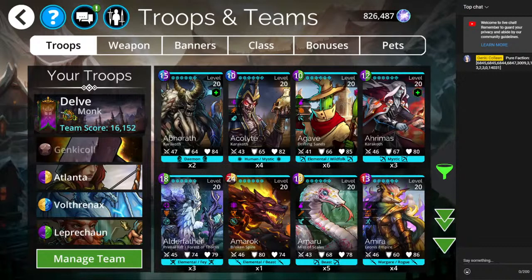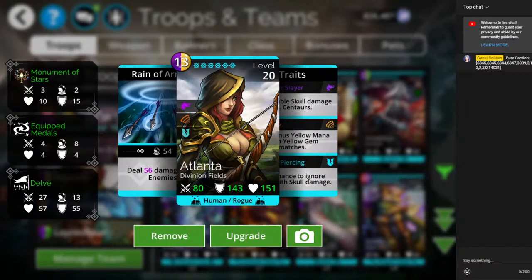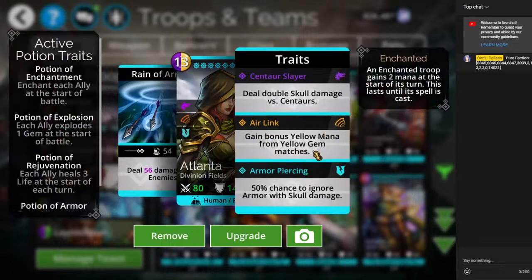So Mountain Crusher and Leprechaun you should be pretty familiar with. They are 2 of the most versatile items in the entire game. And then we've got Atlanta, who you get for just completing Divinian Field. She is the character that walks us through the storyline there. She does damage to all enemies, and we have that air link bonus yellow mana from yellow gem matches. And then she has a 50% chance to ignore armor with skull damage. No skull damage reduction, so a little risky to use in a delve, but that possibility at true damage is